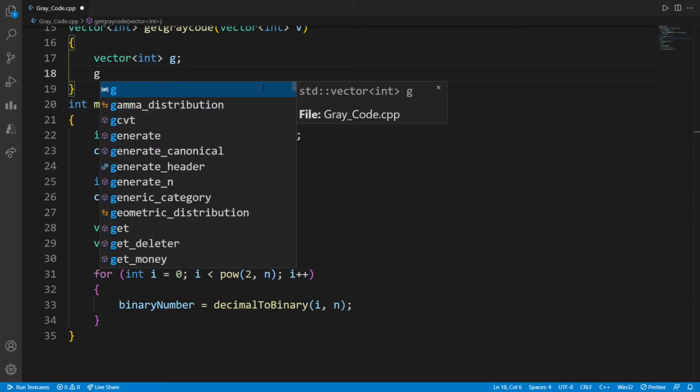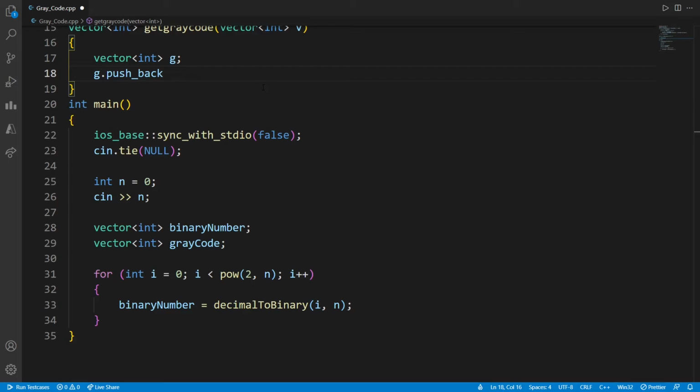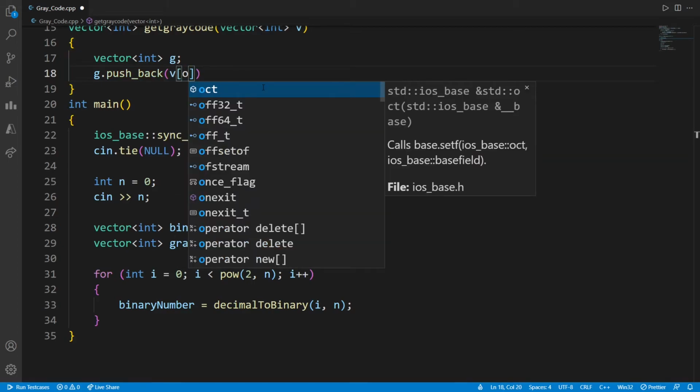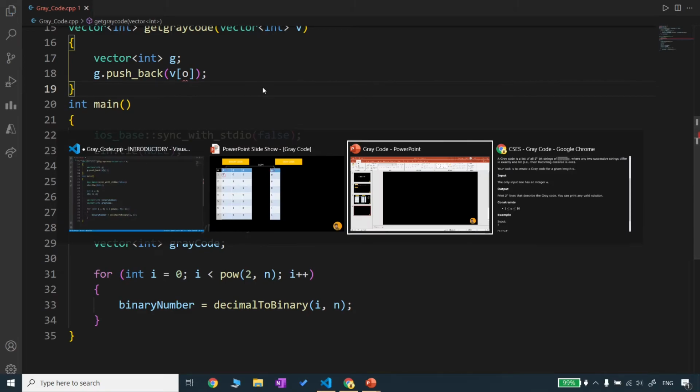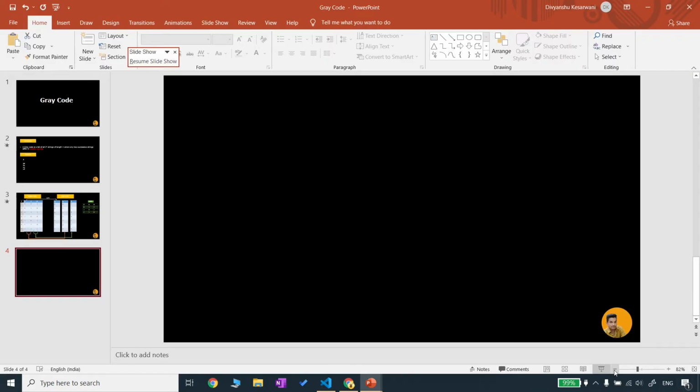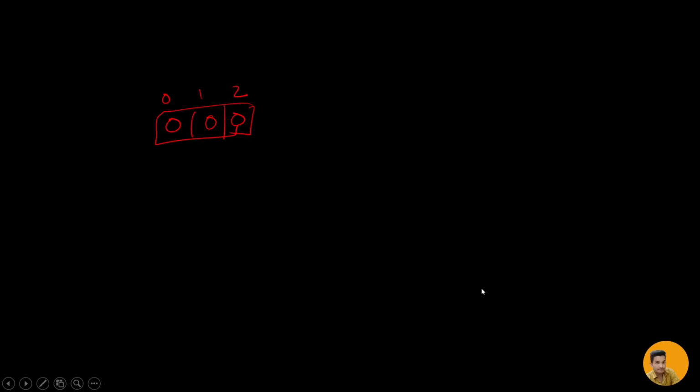We'll say g dot push_back, and we will push the first 0. Then we need to perform subsequent XOR operations. That means we need to perform XOR now on 0 and 1, and then on these two, 1 and 2.